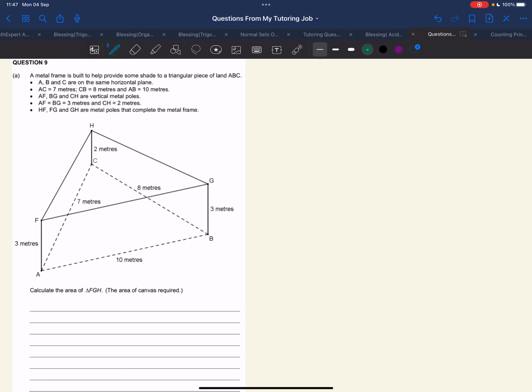are vertical metal poles. And then they say that AF equals BG, which equals 3 meters, and CF equals 2 meters. HF, FG, and GH are metal poles that complete the metal frame. Now, in the question,